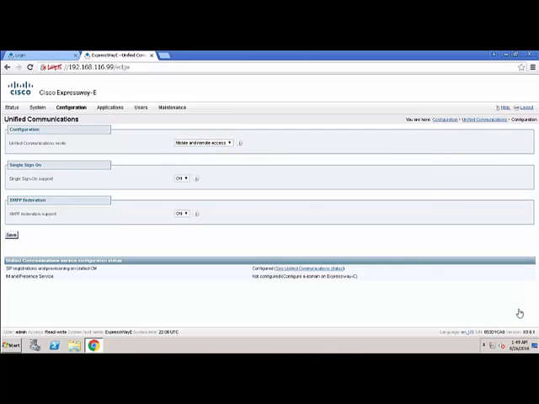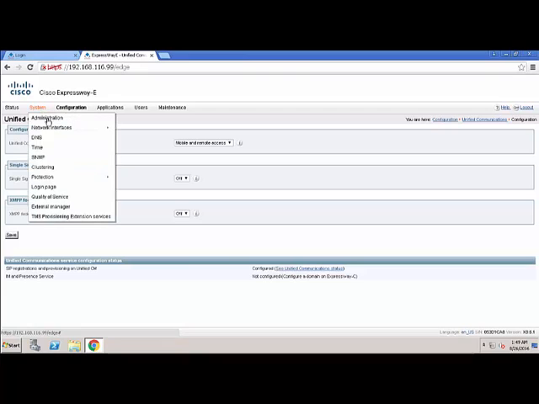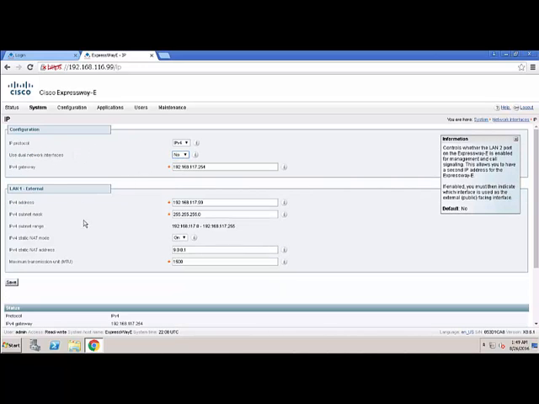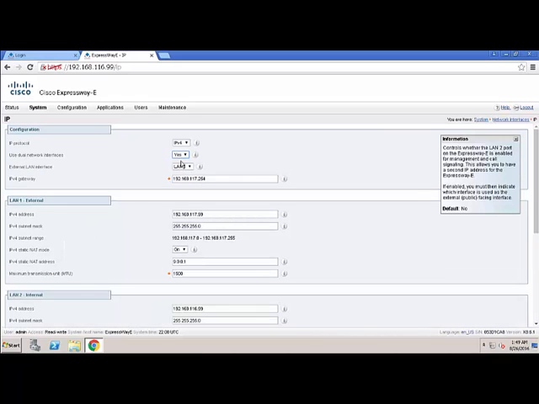On Expressway E, you will need to make sure that IP connectivity is configured correctly. To do that, you will need to go to System, Network Interfaces, and IP. In here, you can choose between one single interface or dual interface, depending on the design that we looked at earlier. In this deployment, I have chosen yes under dual network interface. You can see if you choose no, there is only one single interface that you can configure. In my case, it's two